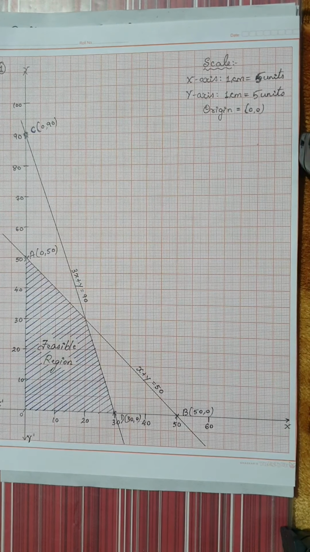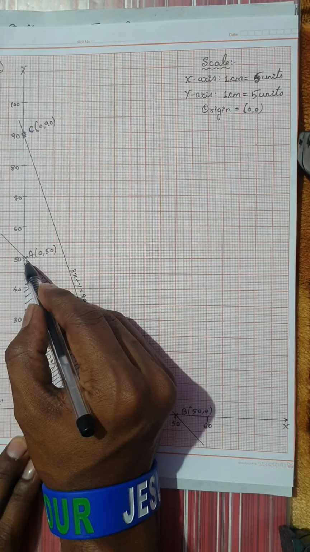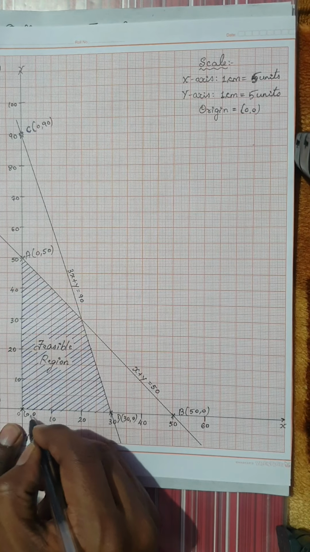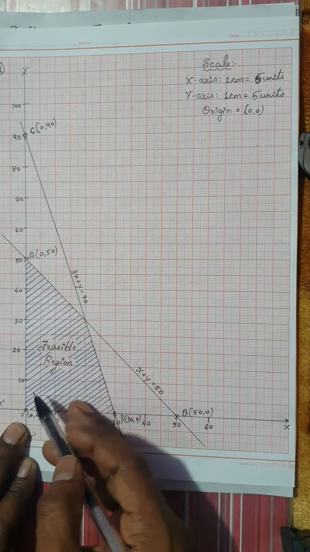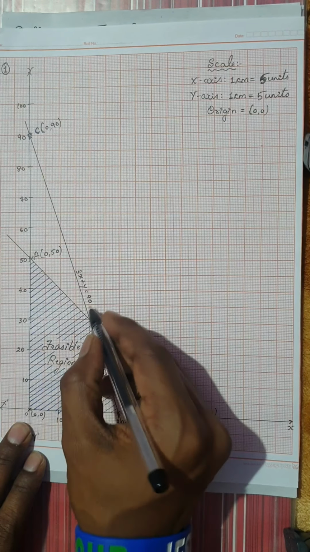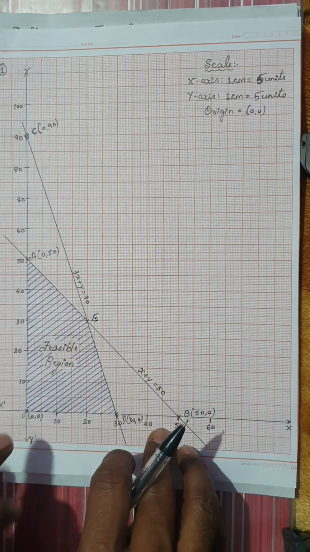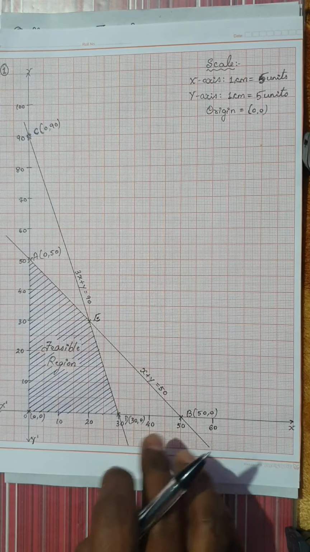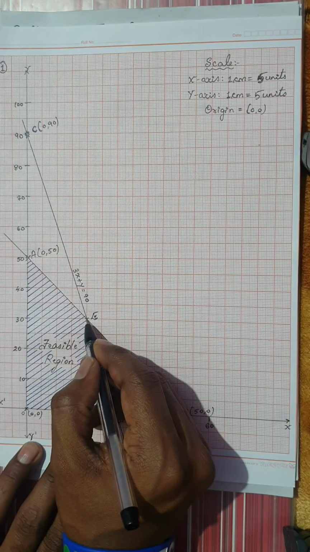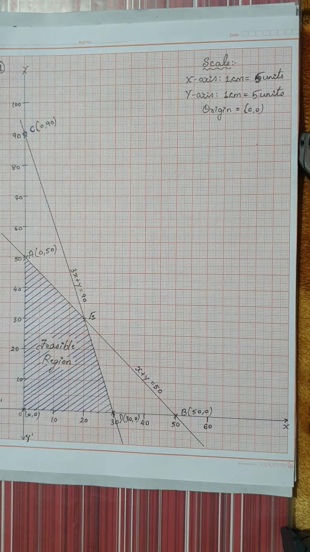Now as we have seen in the definitions, I want to find out the corner points of this feasible region. You can see here, one of the corner points, because this corner point is toward the origin, is 0 comma 0. This is the first corner point, and another corner point is A, another corner point is D. Now there is another corner point E here. There are 2 ways of finding the coordinates of this point. One is you can solve these 2 equations, because if you solve these 2 equations, you will get the point of intersection of these 2 lines. Otherwise, if you have plotted the graph neatly, you will get it directly here.